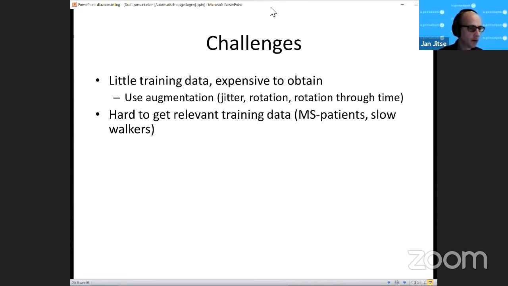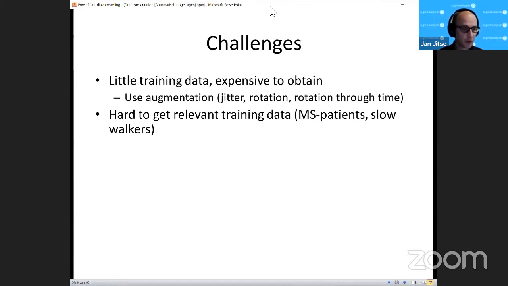We also found that it's hard to get the relevant training data. Of course, when a healthy person walks for 2 minutes, they typically walk a lot further than the EMS patient. We realized this, and so we started walking slowly to get more data from slow walkers.